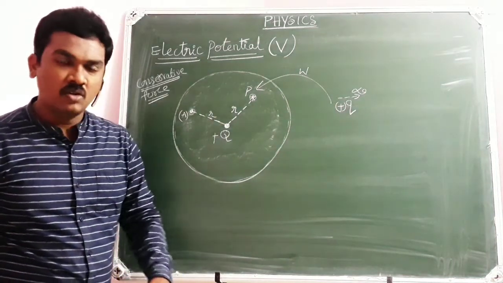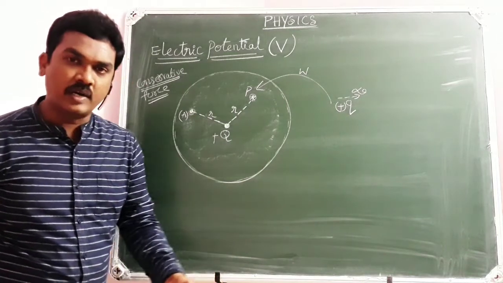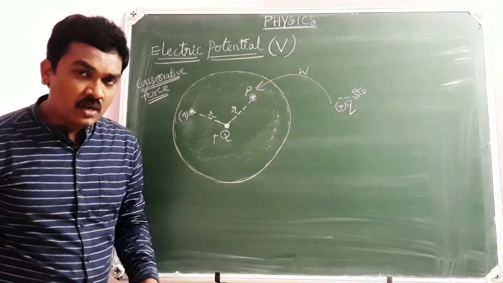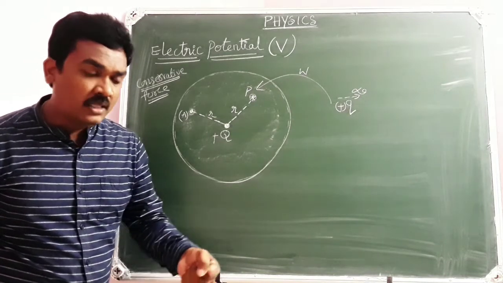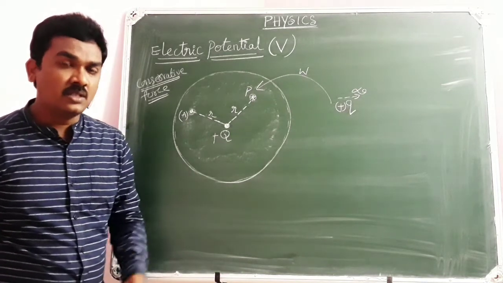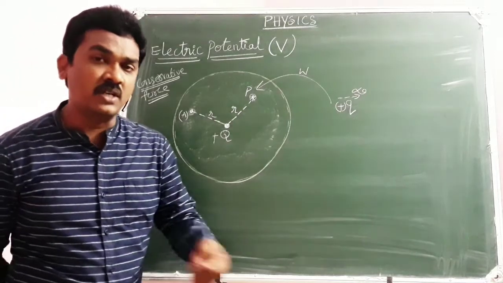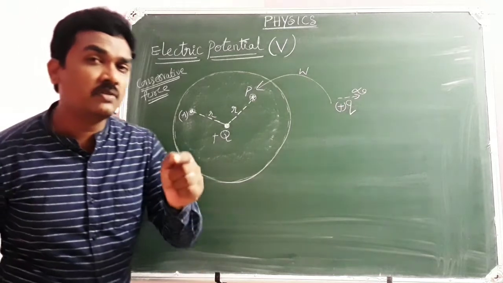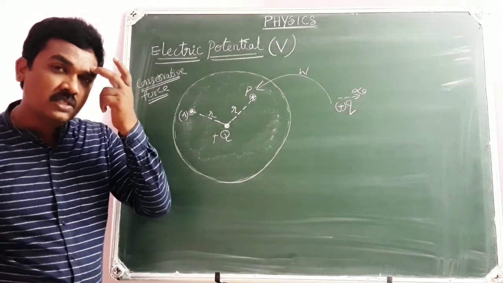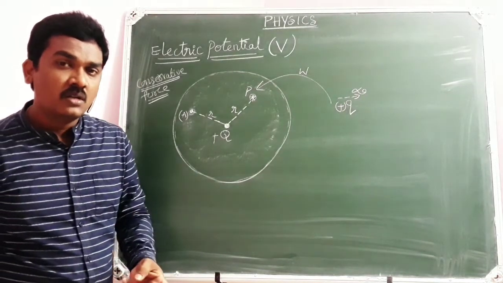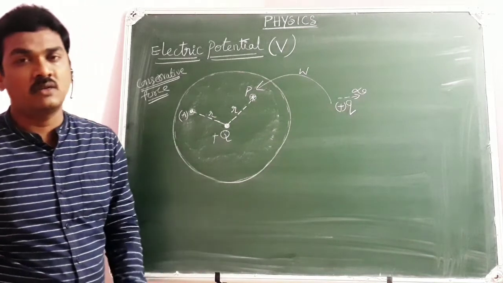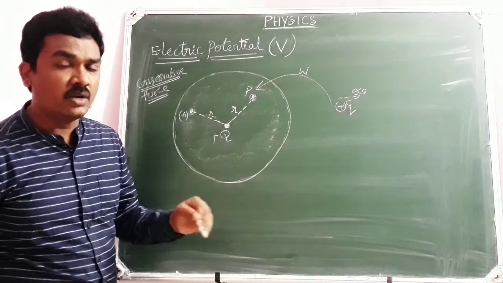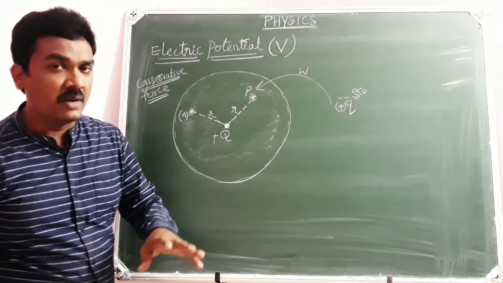For example, there is a rough floor. You wish to pull a truck or car on the rough floor. Then your work done depends on the path along which you are pulling, because there you need to do work against roughness, against friction. So frictional force is a non-conservative force, because work done against friction depends on the frictional force offered by the surface. But work done against electrostatic force or electric field does not depend on the path.